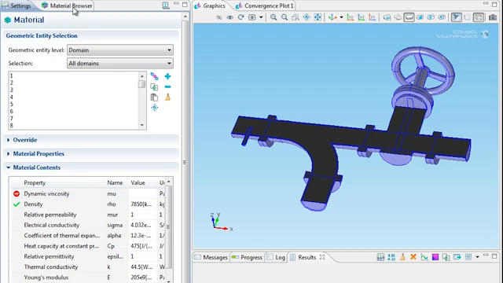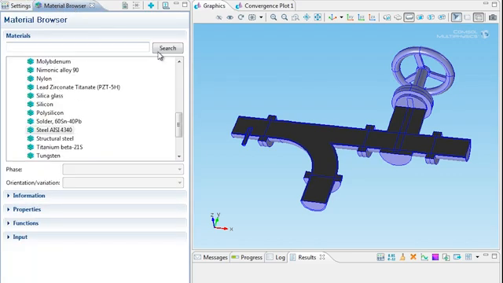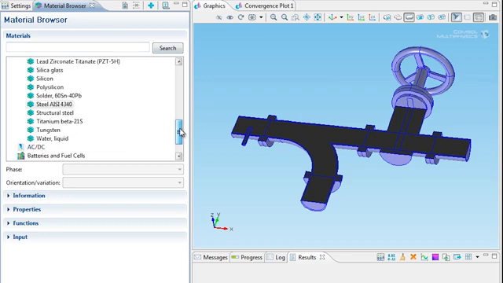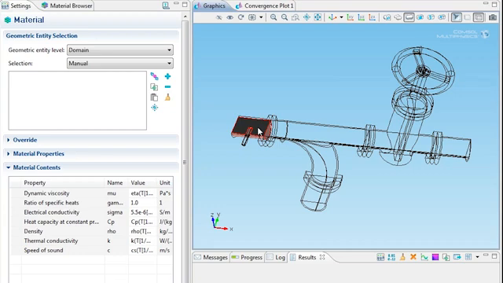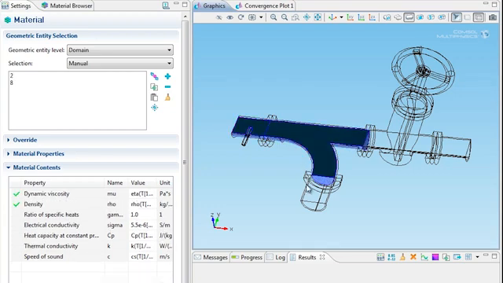I'm going to open the material browser again up in this tab, and let's put in the water itself. So I'll choose water, right-click, and add it to the model. It says, oh, wait a minute, everything's made out of steel. Where's this water stuff? Well, it's there. Let's see, not there, that's steel. There, and then in the gate valve, the gate itself right there, and the other gate itself right there, and then